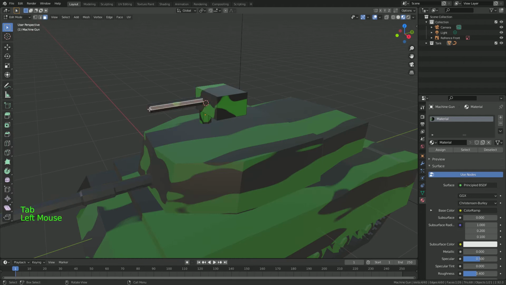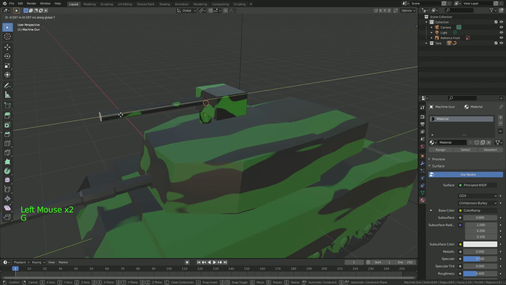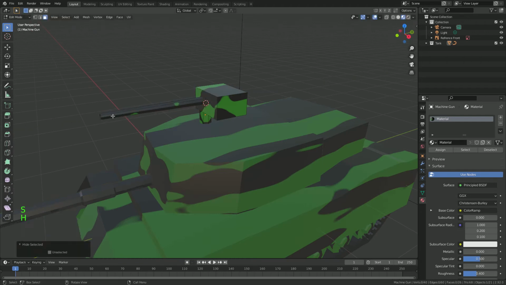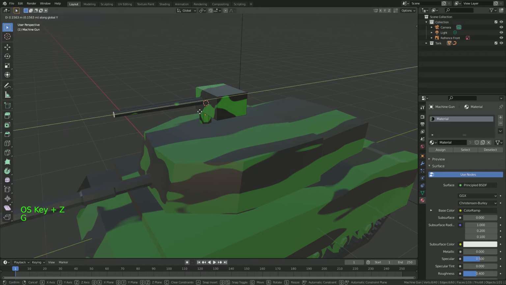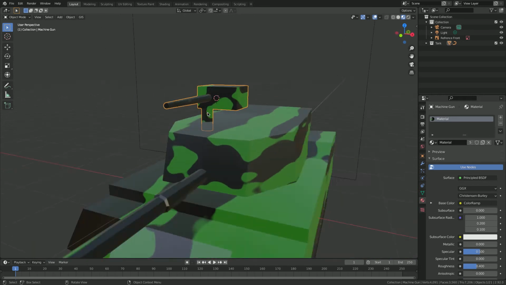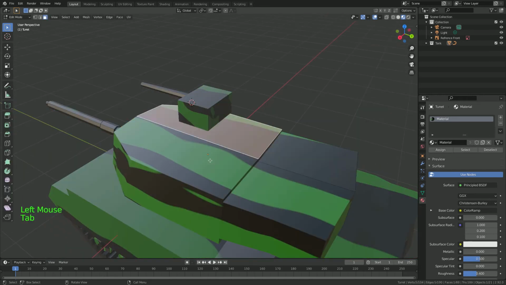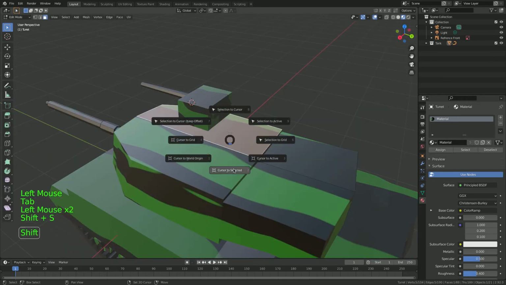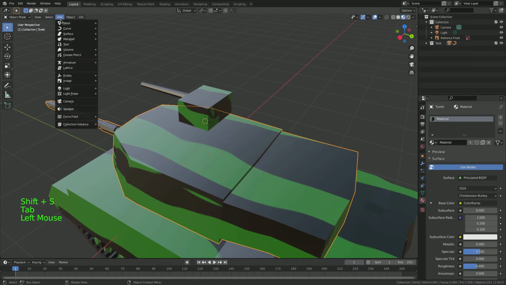Good. Now it turns out these things are actually quite long. I can even scale it not that long. I don't think they're actually that long. Just move it like that. Oh, good. Okay, now we need to make the door,